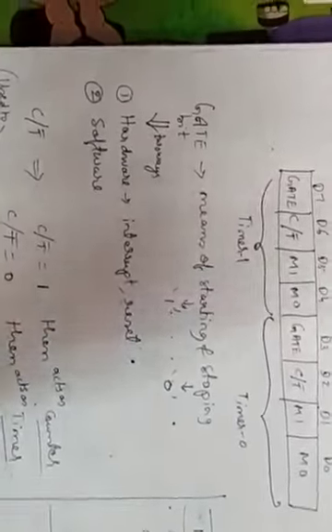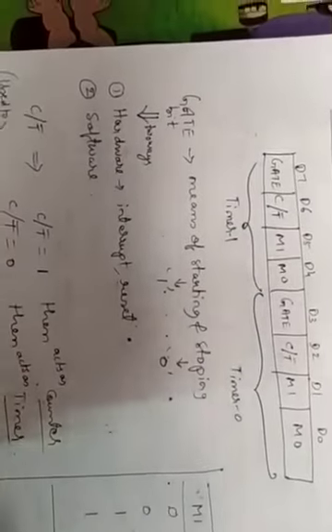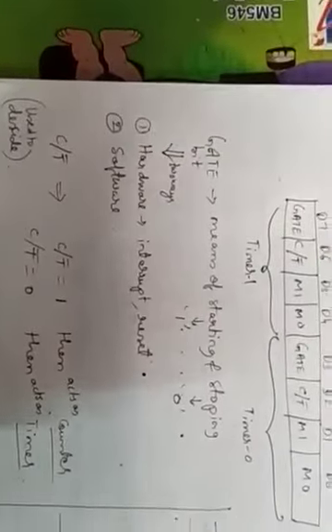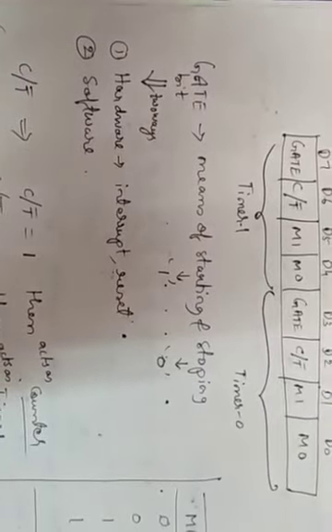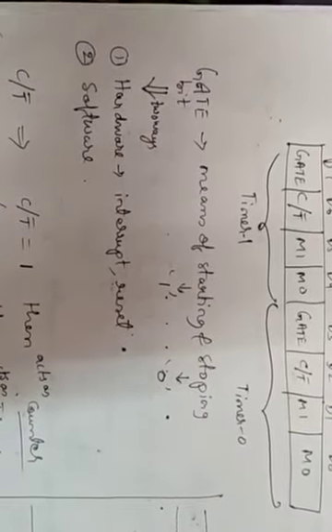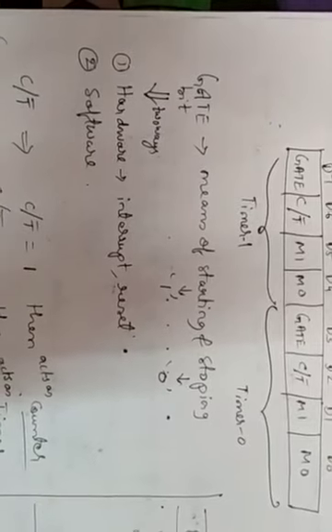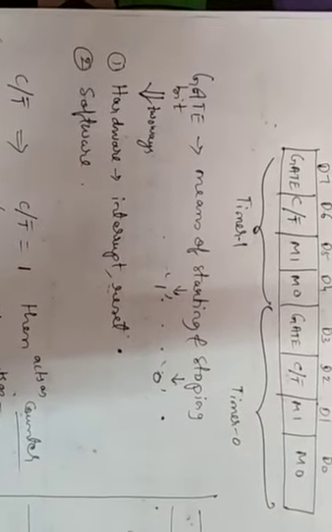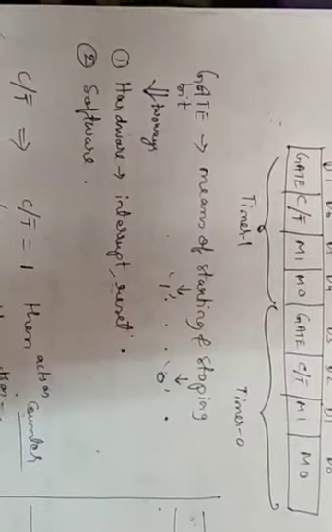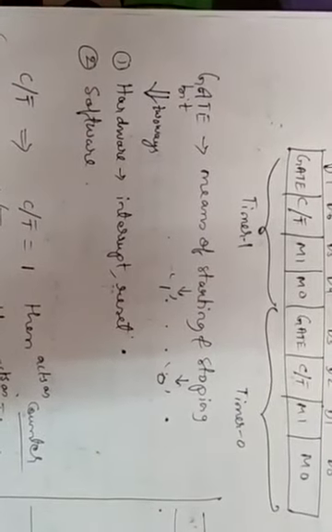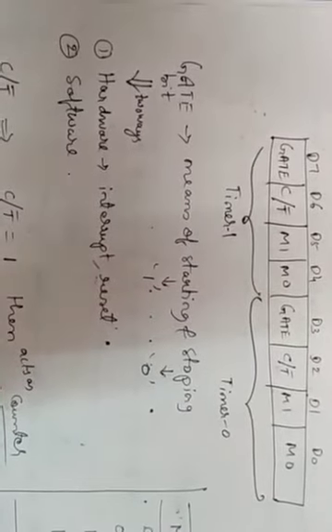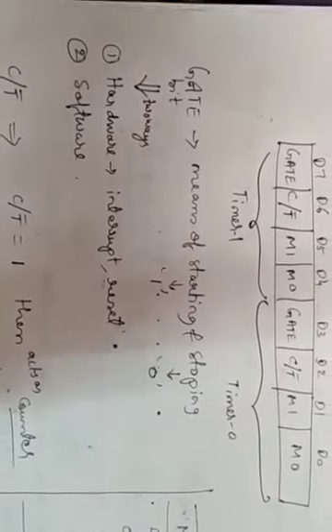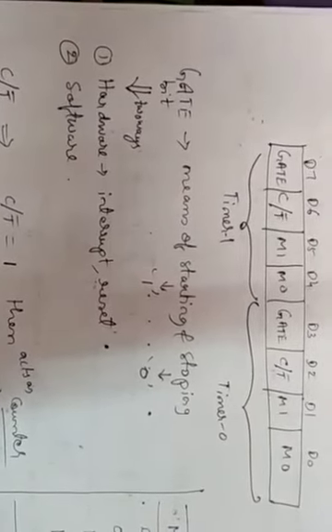Now let us see the GATE bit. What is the function of this gate? This gate bit controls or decides in two ways, either the hardware way or the software way. If the gate bit is 1, then it activates hardware control. When the gate bit is 0, it activates software control. Whether the timer should start or stop will be decided through hardware or software, depending upon the gate bit.